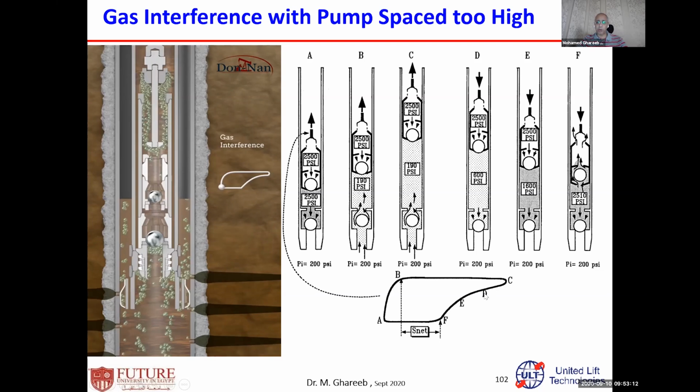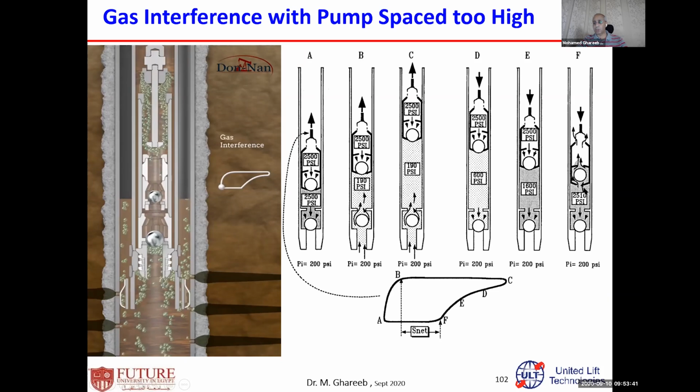When the fluid is compressed, the pressure below the traveling valve increases. Then it's lifting a part of the load over the traveling valve. The load starts to decrease gradually because the pressure here increases gradually until we reach point F. At this point F, the pressure here will be higher than the hydrostatic head above the pump here,